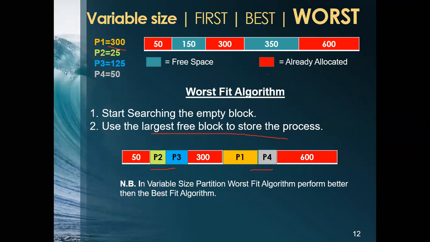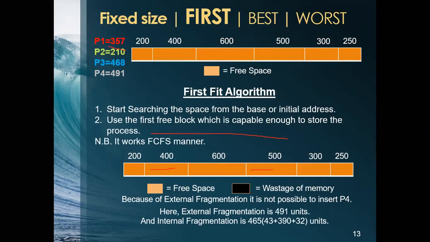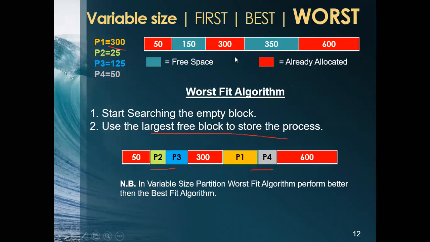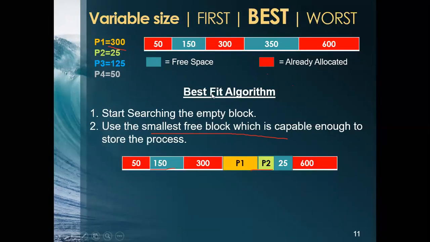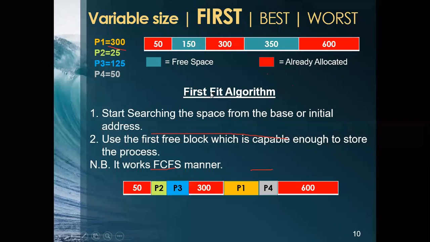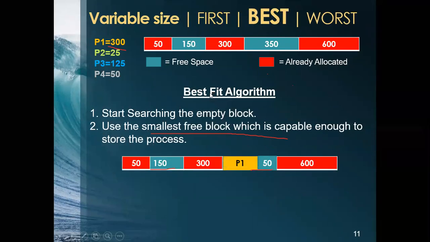So you see, even the worst fit algorithm, even though we didn't have the best intention in mind, performed better than the best fit. In case of variable size, this depends on two parameters, first of all, the size of the processes. For some cases, sometimes best fit might be better. But overall, after comparing different cases, it has been concluded that for variable size allocation, the first fit and worst fit algorithms perform better than the best fit algorithm.